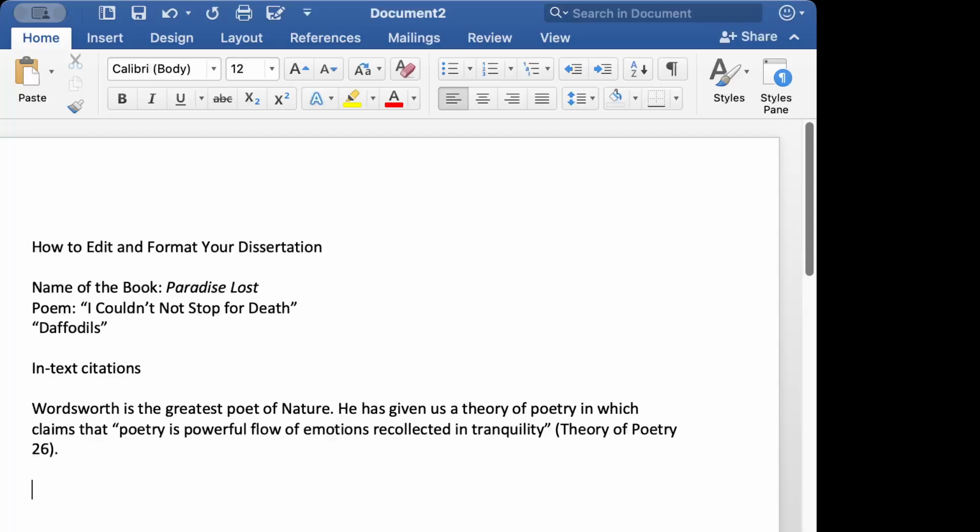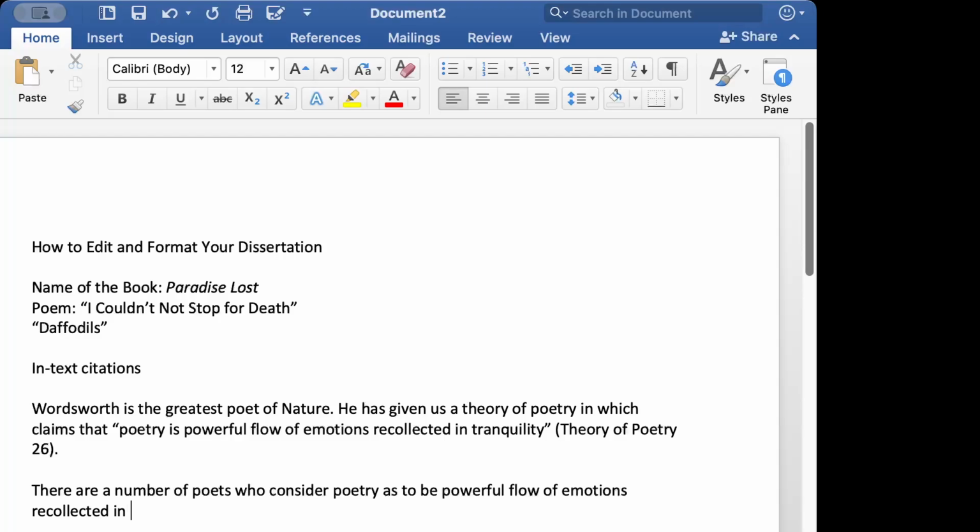Okay, and then if you say that there are a number of poets who consider poetry as to be powerful flow of emotions recollected in tranquility.